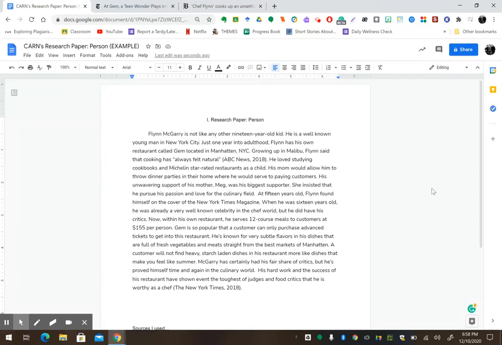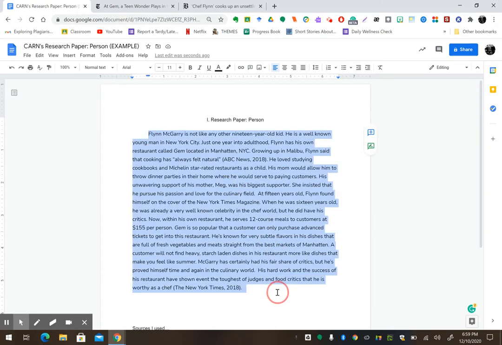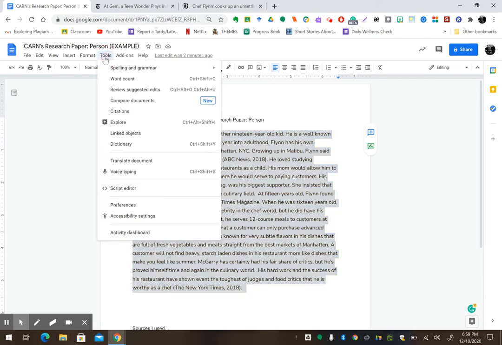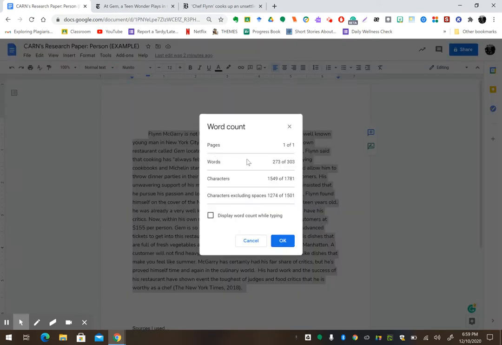Hi, guys. I wanted to go over a sample of the research paper as I'm seeing similar errors on multiple people's papers. First and foremost, I wanted to let you know that this portion needs to be 250 words. If you don't know how to check that, you can highlight that paragraph or paragraphs that you have, go up to Tools, click word count, and you can see right now I have 273 words. You can absolutely go over the 250 count, but for this portion of the paper, you should have at least